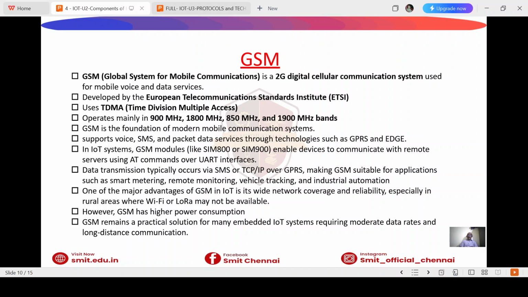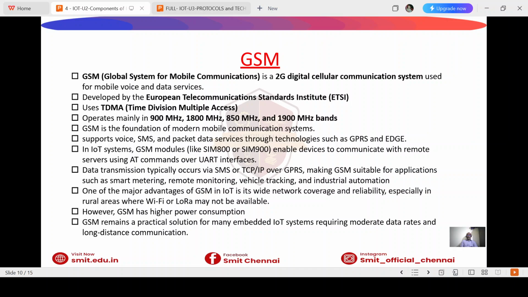It mainly operates in the frequencies 900 megahertz and 1800 megahertz, these two only. And apart from this, specific applications exist for the 850 megahertz as well as 1900 megahertz bands. It uses TDMA, that's the time division multiple access technique. And GSM is the main foundation for all the modern mobile communication systems. It supports, as we said earlier, voice as well as SMS and packet data services through technologies such as GPRS